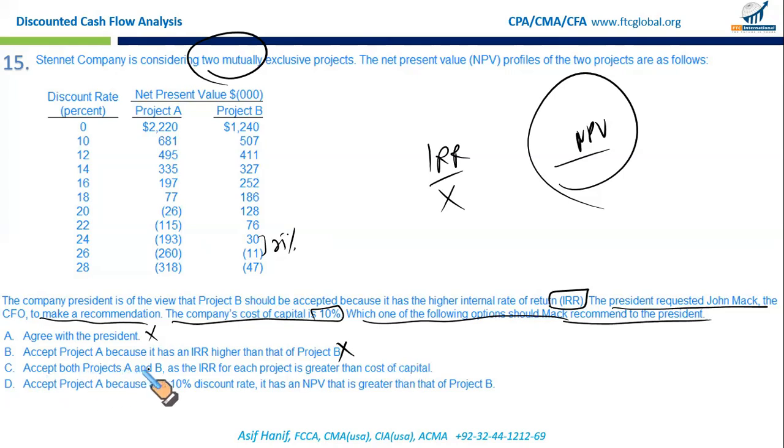It says accept both projects A and B as the IRR for each project is greater than the cost of capital. That is true, but since the projects are mutually exclusive, we can't take both of them. We have to take one out of these. So this rules out option C as well. Then